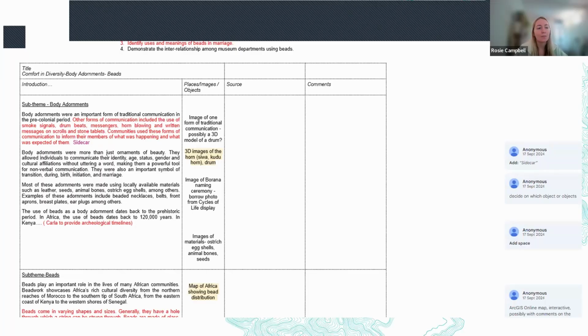And then we've got here just a simple table that has the title and then the introduction, the places and images, the sources and comments. And the 2 things that I would stress that are the most important here to think about is, one, it's really great to keep track of all of your sources. You need to keep them in your story map at the end for obvious reasons, and as well for the comments. So here you can see that in the doc, different users can add different comments about it, how they think it should be designed, notes on things. It's very, very useful if you have more than one person working on it, but even if it's just yourself, it kind of keeps all of your ideas in one go.